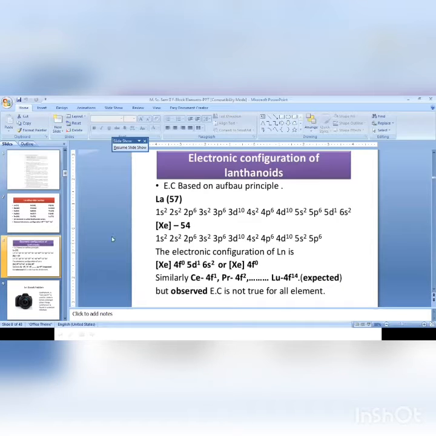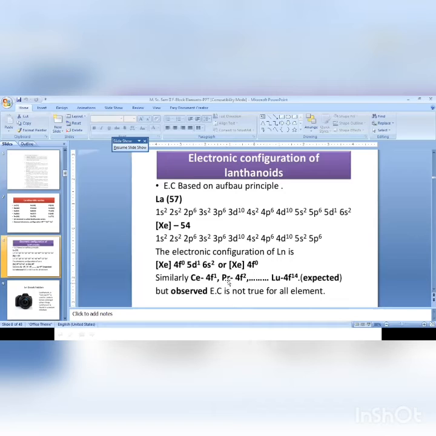now this is the electronic configuration that I have just discussed, that here the 5d electron is there. The 57th electron enters into the 5d orbital, and it should be written in terms of xenon, xenon being atomic number 54, an inert gas element. So here in terms of the xenon core, this is the electronic configuration of lanthanum. It has a 4f orbital which is entirely empty, but the 57th electron has entered into the 5d orbital.